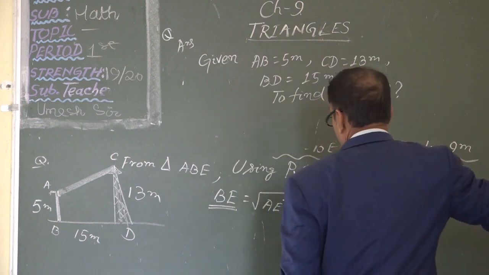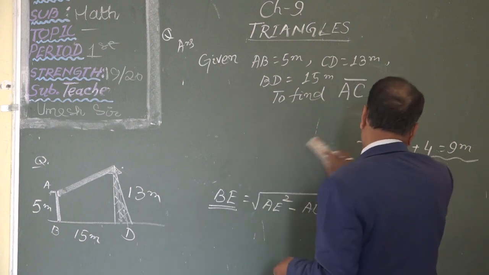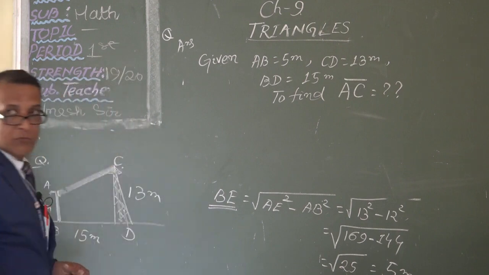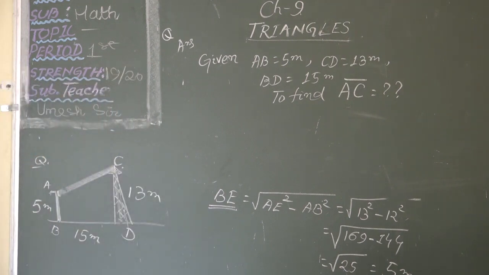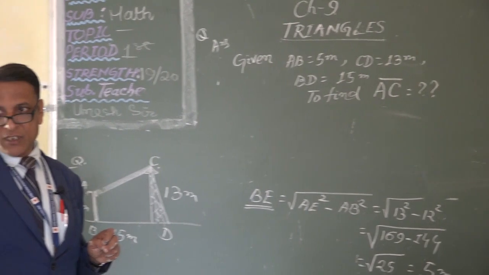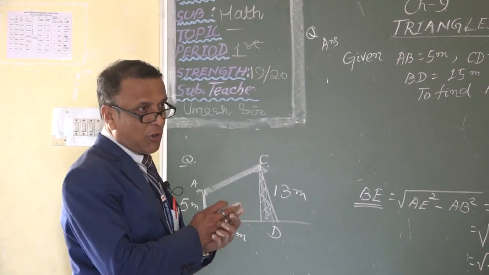Now I am asking Siddharth Panda, give me the idea how I will do. Sir, first draw a parallel to BD. From parallel to BD, yes. Then it will form a right triangle. Then by applying Pythagoras theorem, you will find AC, which is the hypotenuse of the right triangle. Ah, good, very good, Siddharth, that's good. Saraswat, what he said, that is the correct one, no? Okay, very good.